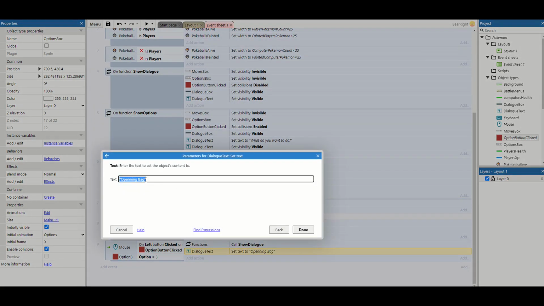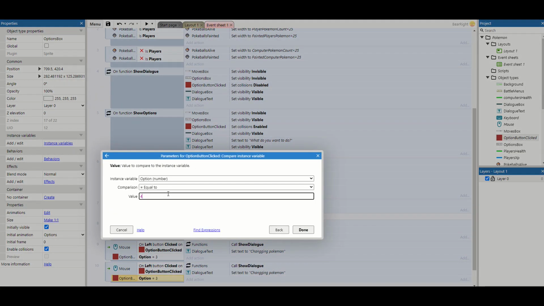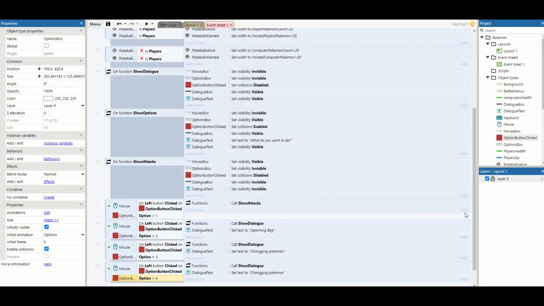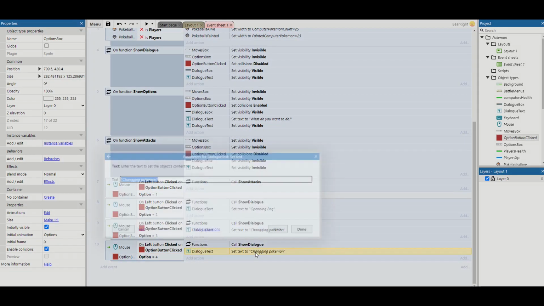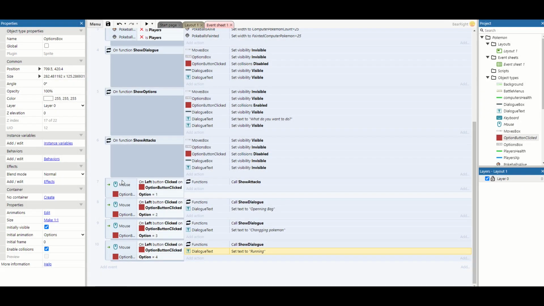and this one's going to be changing Pokemon. And then finally, the last one's going to be running. So if you choose to run from a battle, which is something we'll implement later when we look at the overworld as well. So last one, running. We're setting up this text so we can see what this code should do further down the line and give us some prompts. Now, if we play this at the moment,